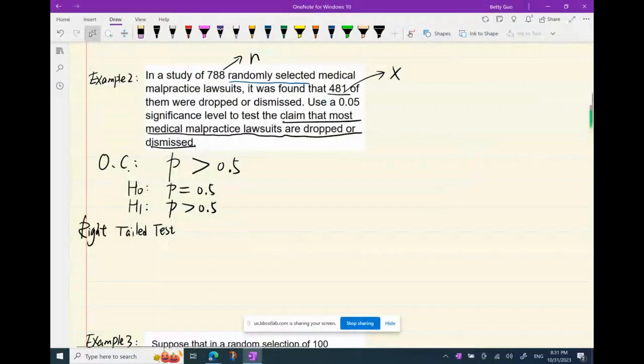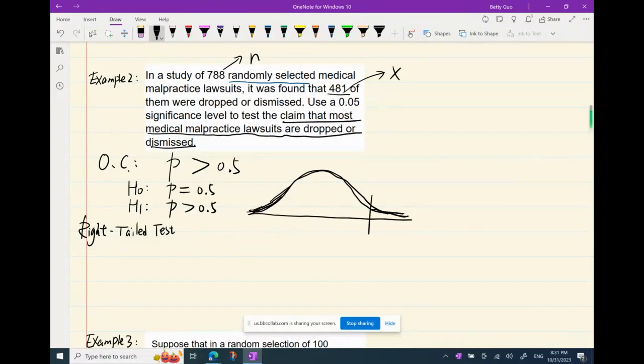I purposely gave you three examples. One is left tail, one is right tail, one is two-tailed. So if we draw the curve, the x-axis is supposed to be the asymptote of the curve. There's an opening here, but a very tiny opening. Right tail. So our critical value is here, and our critical region